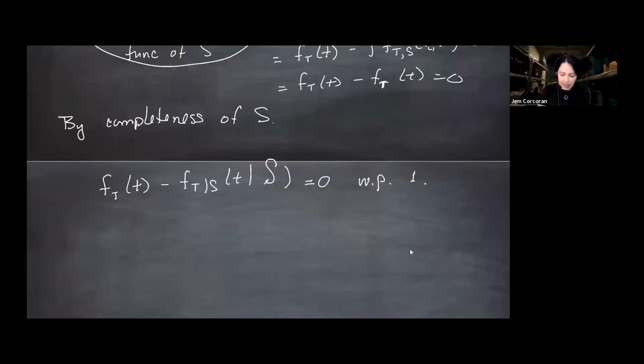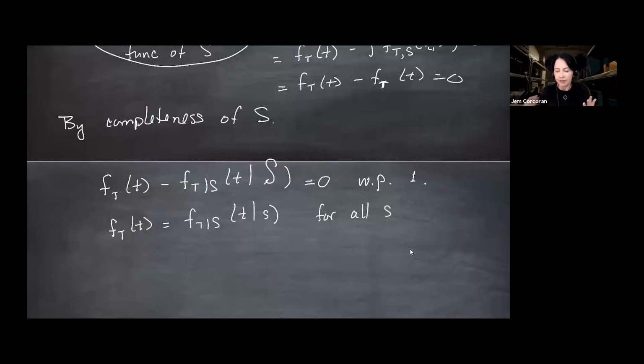And so that means that f_T(t) is equal to f_{T|S}(t given, and then I'm going to put in a little s) and say that has to hold for all s, so the with probability 1 thing is that this needs to hold on the set of points that capital S can take on. So for all s in the support of the distribution of s,